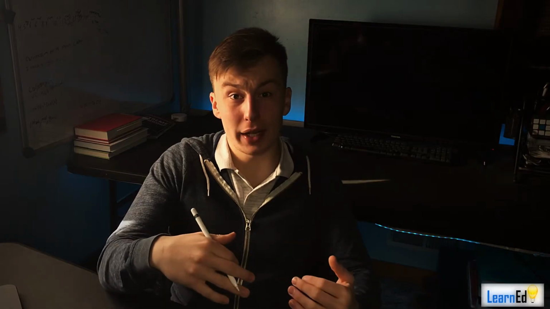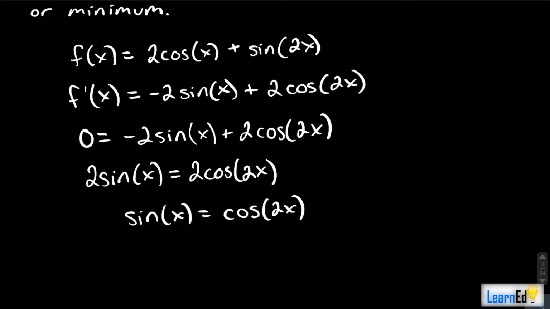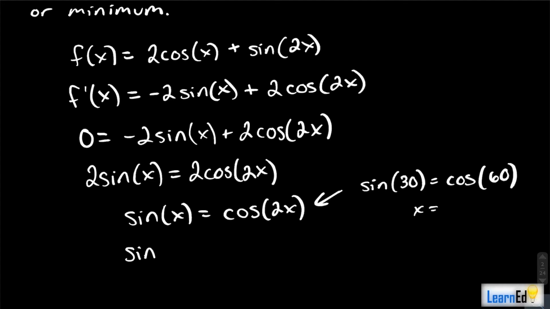You actually have to use a trig identity because it's a double angle of cosine, right? So if you want to actually solve here and you don't want to solve this by observation, you just go, okay, well, I know that sine of 30 equals cosine of 60, right? So that x must be pi over 6, which, you know, is an acceptable way to solve this. But if you don't think that that's something you would be able to do,